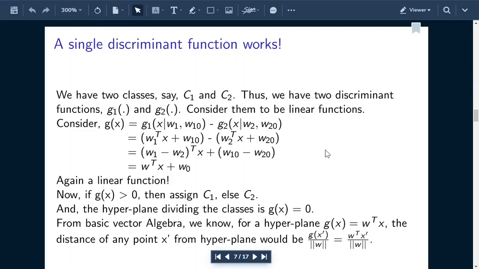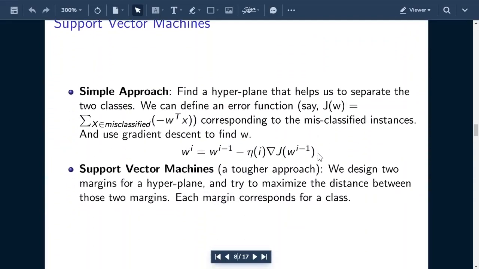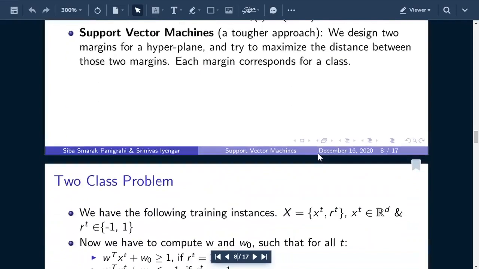So just remember this, the final result. If a hyperplane is given and you want to find the distance of a point in the space from this hyperplane, what you should do? You should put that point into the hyperplane and divide by the modulus. Simple, straightforward, cool, enjoying. Let's go ahead. Okay, now let us see one picture actually that would help us to understand.